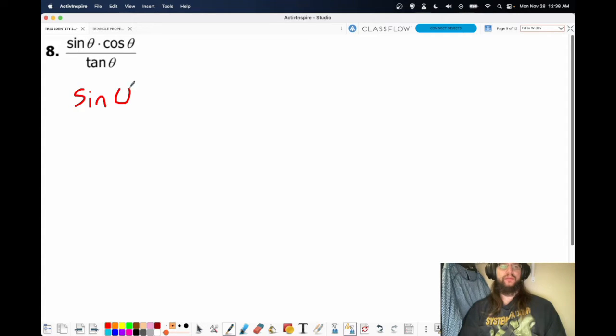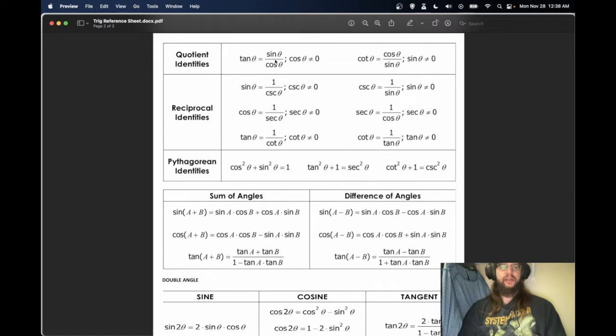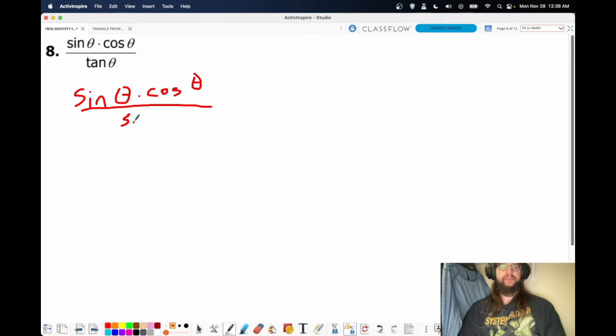Leave the top alone. And I'm going to rewrite that, divided by, if you don't remember, it's sine over cosine. Now this looks terribly complicated, doesn't it? Well, guess what? It's not. You just have to remember,